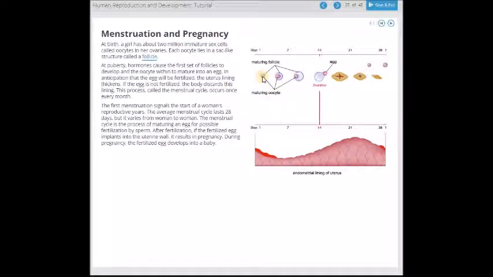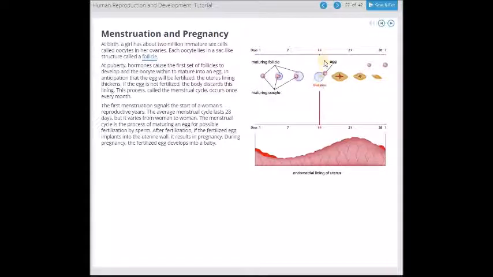Back at the ovary, another egg is starting to mature, and then the follicle is produced at about the same time that the walls of the uterus are thinnest. They're starting to build back up through days 14 all the way up to day 21. The egg is moving through the ovary and is finally released on about day 14. So about halfway through, because it's a 28-day cycle, about 14